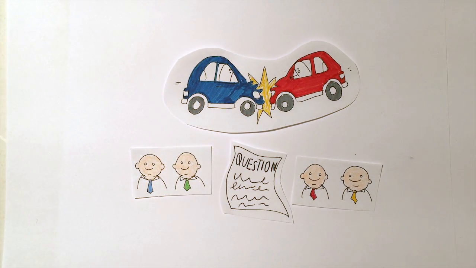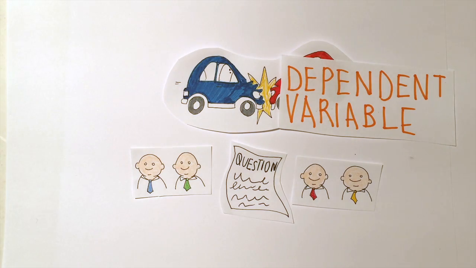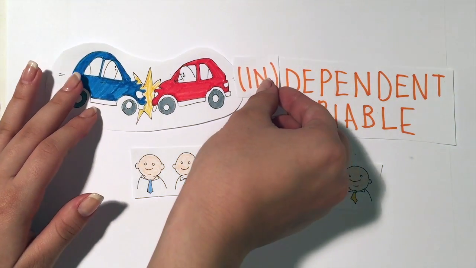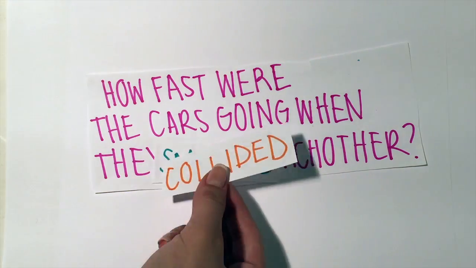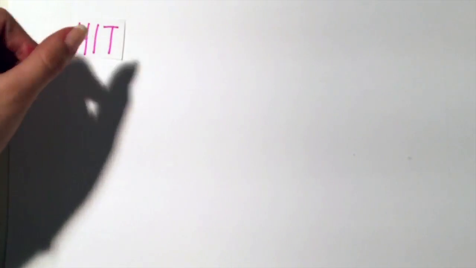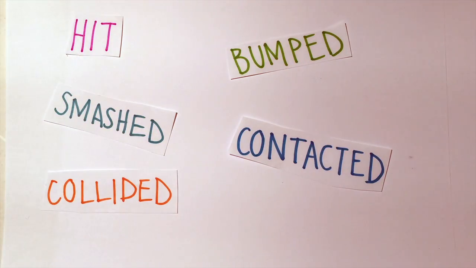Most of these were irrelevant, except the one critical question that would determine the outcome of the study. The answer to this would be the dependent variable. This critical question asked participants to state the speed the cars were going when they hit each other. However, the twist that made this question the independent variable was the verb. Other words instead of the word hit were smashed, collided, bumped, and contacted. Groups of 9 were shown different words, and their estimate of speed would determine the lab outcome.